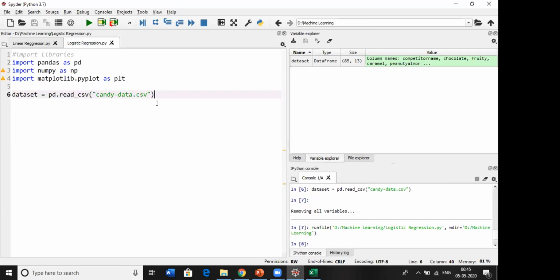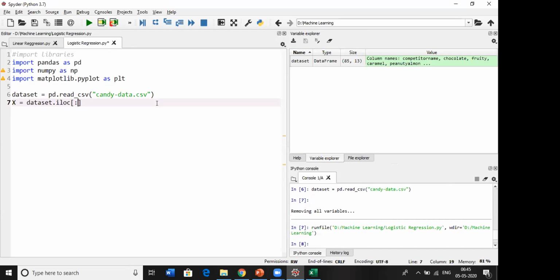First we need to choose the independent variable, x equal to dataset dot iloc.